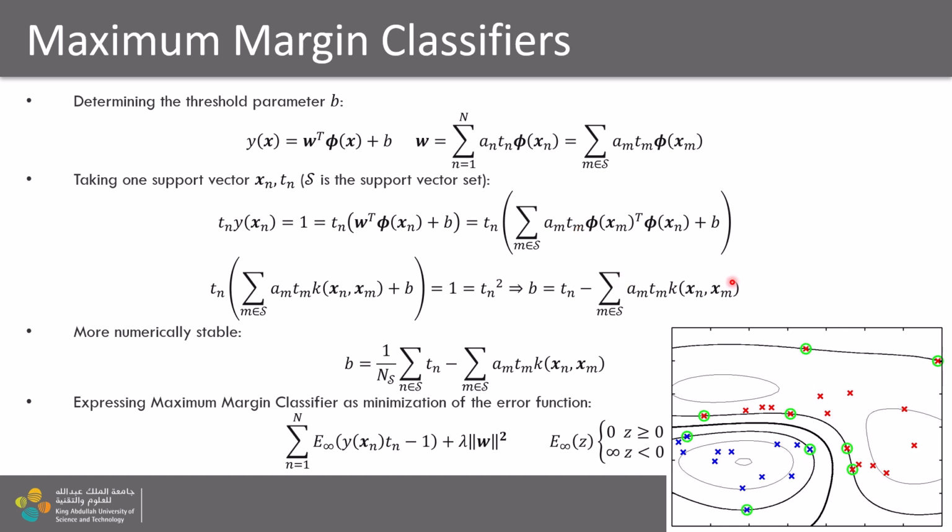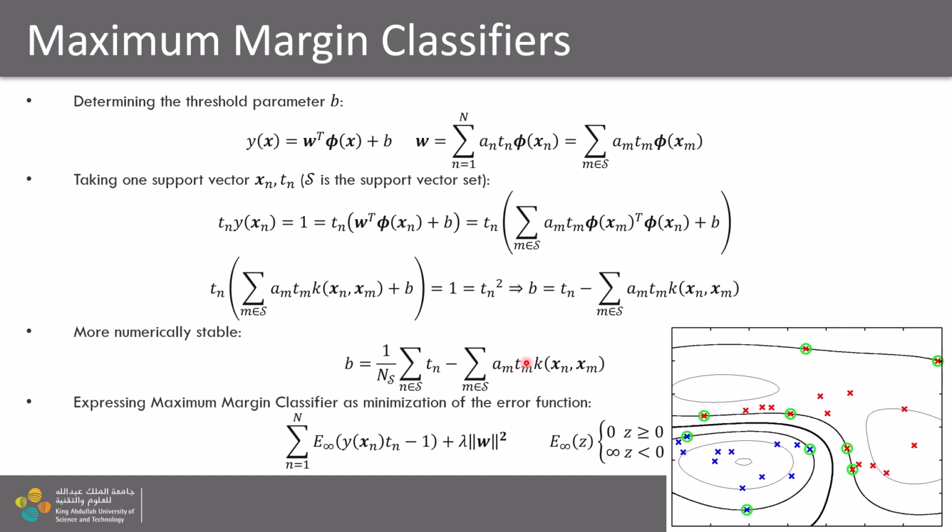Now that can be one way how we can formulate it. Another way, which is considered to be more numerically stable, is that we do it for all the support vectors here, and therefore we perform this Tn minus this sum here, which was once the calculation of b. We perform it n times over all support vectors, and divide by the number of support vectors. So we basically create a B which is an average of all the B's